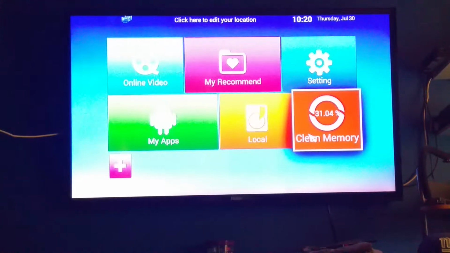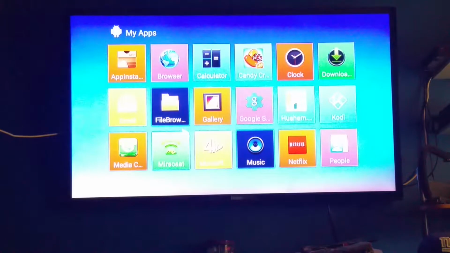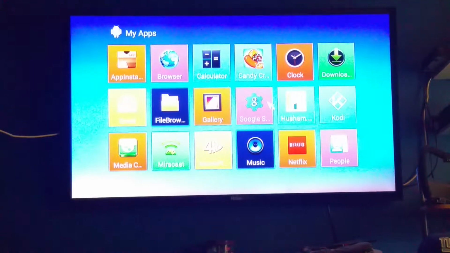I've seen a bunch of boxes out there, and for example, there's a V-Stream box. I suggest you go with one of these, because for V-Stream I see them going for $350, $400, $200. This is only $85. It has a lot of the same stuff that V-Stream has. Like Kodi, I don't think it's on there.